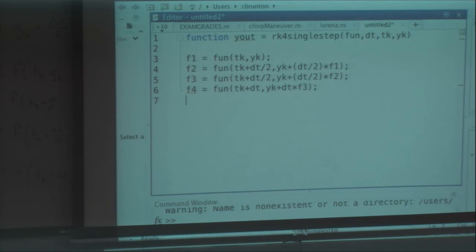Okay, last step. I've just computed all of my f's, but I haven't computed my next actual state vector y at time k plus 1. So my y out, this is like yk plus 1, is yk plus dt over 6 times f1 plus 2f2 plus 2f3 plus f4.